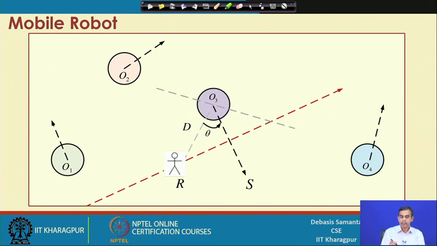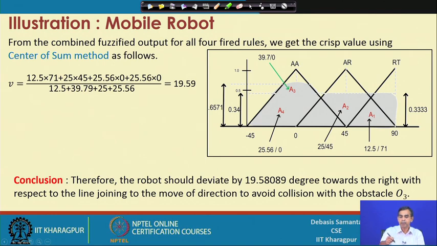In the current context, this is one input and this is another input, and the output is basically delta, regarding in which direction it should move. That is obtained by the fuzzy output, and then the corresponding crisp value. So far as the current example is concerned, using the COG method it can be calculated as 19.59, or 20 degrees. So, this means that the robot, at the current instant, is seeing an object,